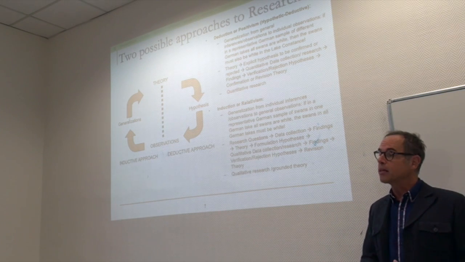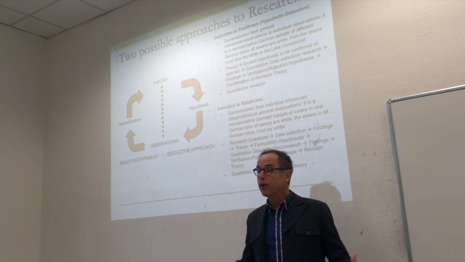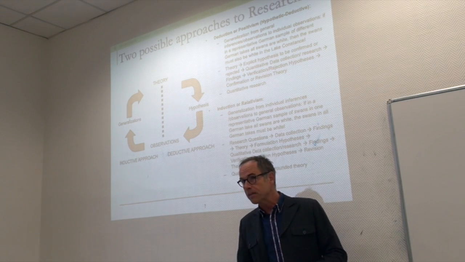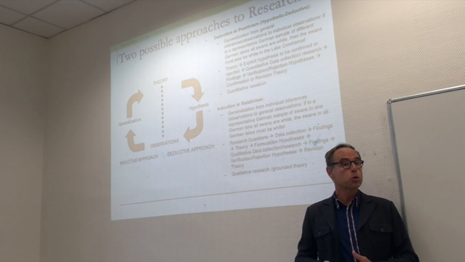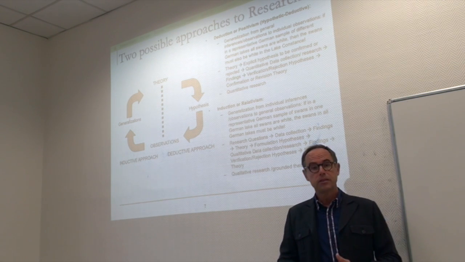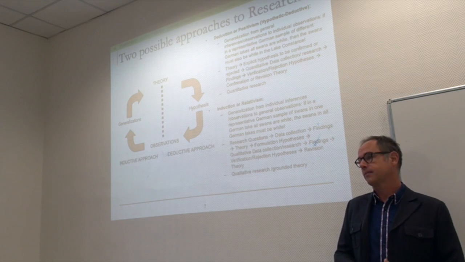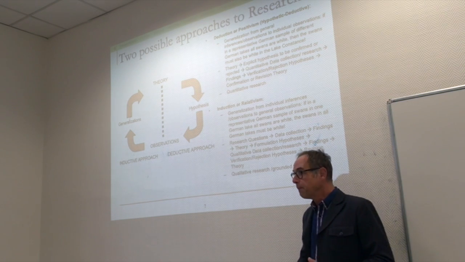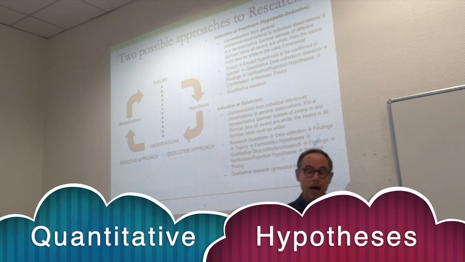For example, technology acceptance theory is based on the theory of reasoned action. So we have a lot of theories in social science, management science, and marketing science, and coming from economics, which can be used to test. And that is why the mainstream in management science and marketing science use established theory, which can be tested with hypotheses.